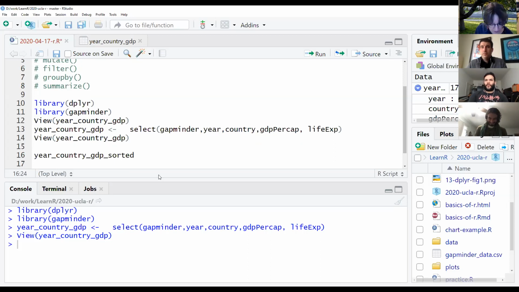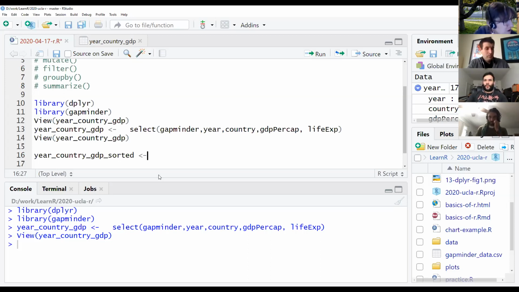But you have that option of either making a new one or writing over the one you've just made. In this case, we're going to use select and arrange. And arrange, I know it doesn't sound like sort, but arrange is what we use to sort the data. So we're going to start out by reading in,